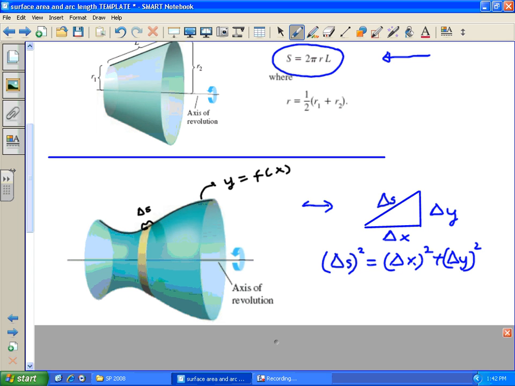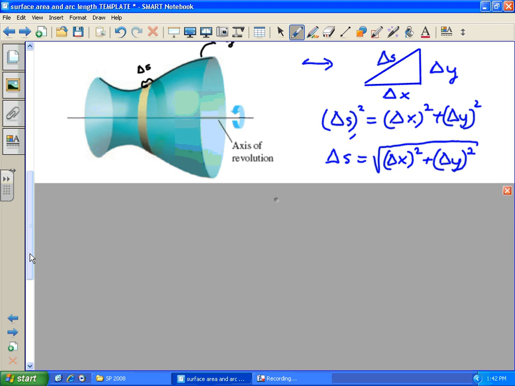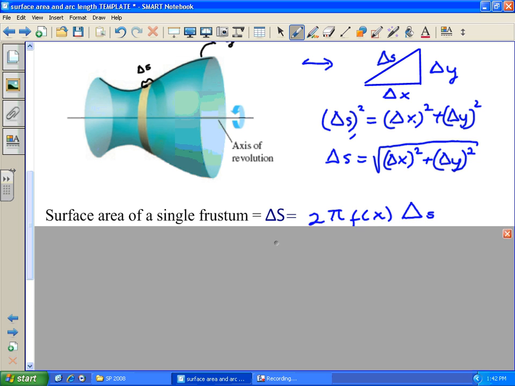Then you take the square root of both sides, so delta s equals the square root of the right-hand side. And then what did we do? Does anybody remember? A minute ago, what did we do? We multiply and divide by delta x to bring in the x variable. But just keep in mind that you could have just as easily multiplied and divided by delta y to bring in dy if you wanted to do that. But just dx is fine for now. So if you do that,